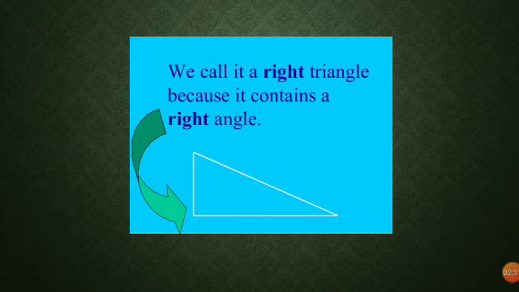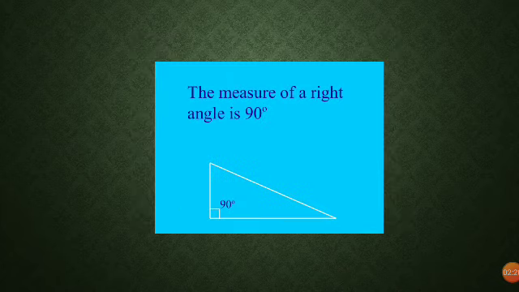So the Pythagorean theorem formula is a square plus b square equal to c square. The measure of a right angle is 90 degrees. So a right angle triangle has a 90 degree angle. It is easily seen that the square formed with 5 units has 5 into 5 equal to